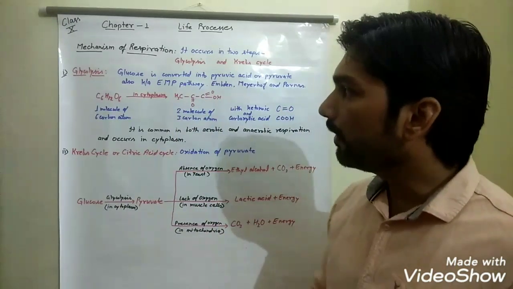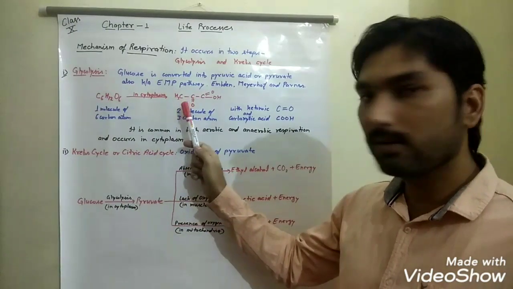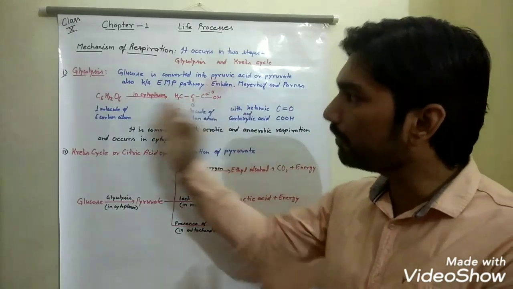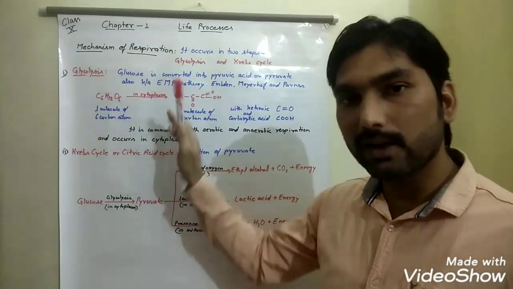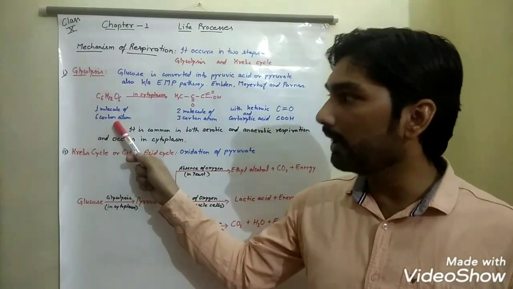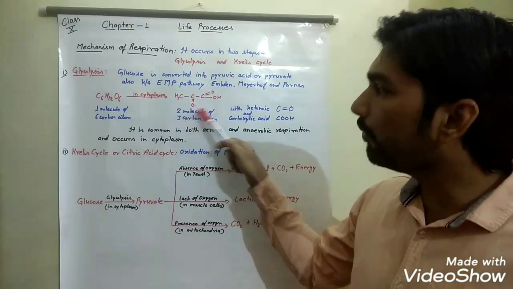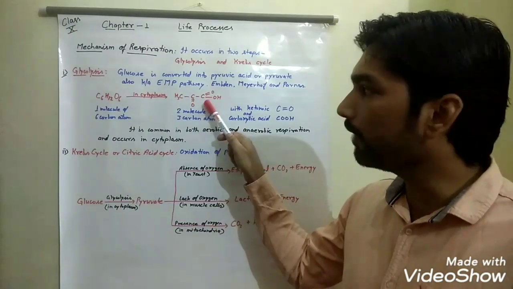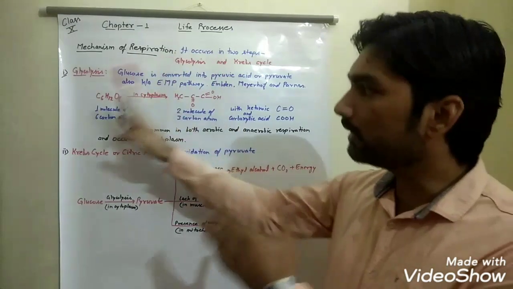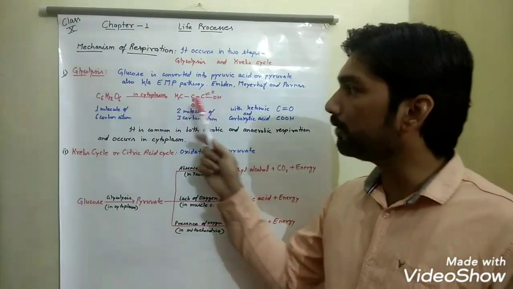So what is happening here? You can see, students, glucose is going to convert into this compound known as pyruvate or pyruvic acid, and this whole process is happening where? Inside the cytoplasm. So glucose is a compound of 6 carbon atoms. So one molecule of glucose is going to break down into 2 molecules of pyruvic acid, because this compound is made up of 3 carbon atoms. So 6 carbon atoms split into 2 molecules of 3 carbon atoms, that is known as pyruvic